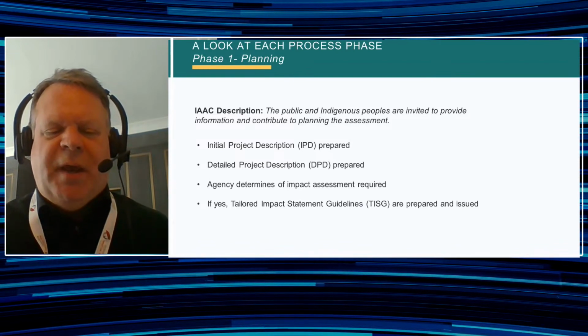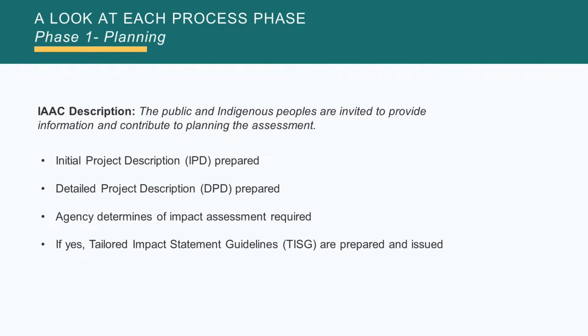Let's now look at phase 1. Phase 1 is the planning phase, and the IAC description of the planning phase is that the public and Indigenous peoples are invited to provide information and contribute to planning the assessment. In this phase, which we are currently in, there's an initial project description, a higher level description of the project with some anticipated impacts and mitigation measures. And then after that, and this is where we are now, for our project, we have just submitted the detailed project description, which is a much more detailed version. It takes the initial project description or IPD a big step further to provide a lot more details so that the Federal Impact Assessment Agency of Canada staff can then look at it and determine whether an impact